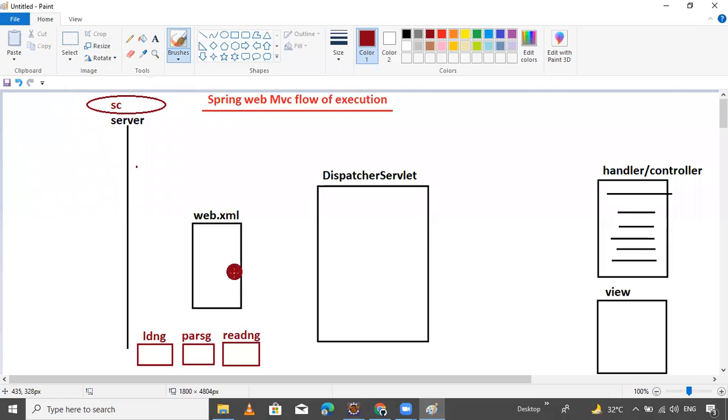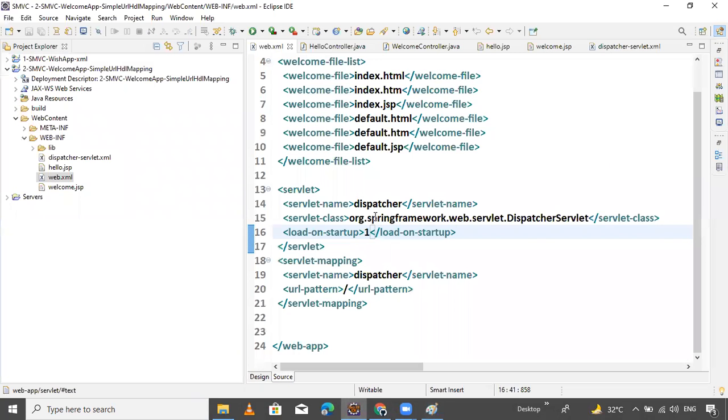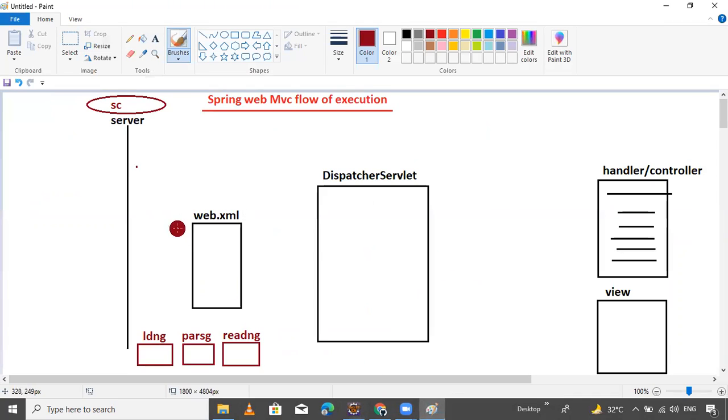Load-on-startup configuration means the container will search for where the dispatcher servlet class exists.